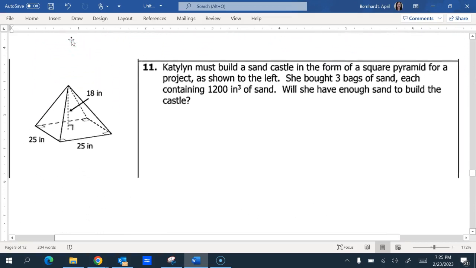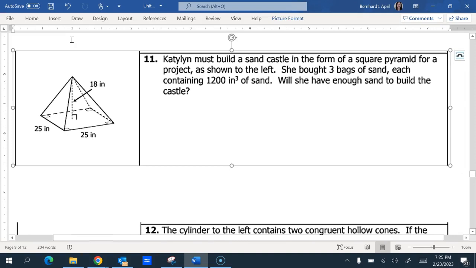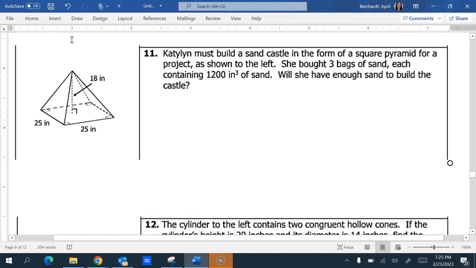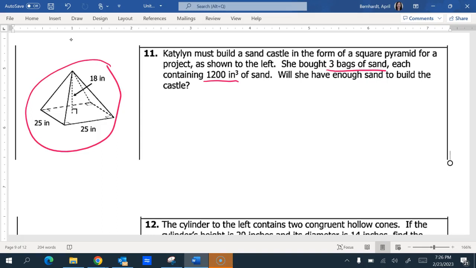All right. Here it says, Caitlin must build a sandcastle in the form of a square pyramid for a project. As shown to the left, she bought 3 bags of sand, each containing 1,200 cubic inches of sand. Will she have enough sand to build the sandcastle? So we're going to find the volume of the sandcastle and then see if she has enough sand to build it. So volume equals the area of the base, 25 times 25. We have the height, which is 18, divide by 3,